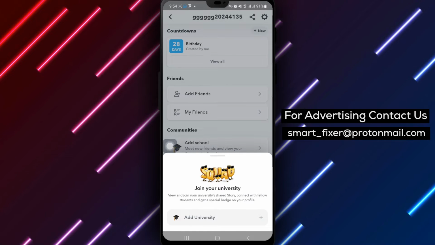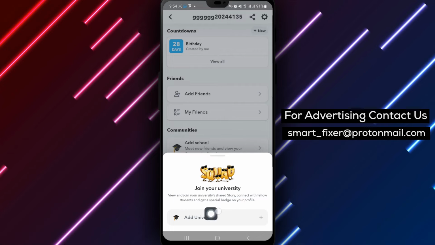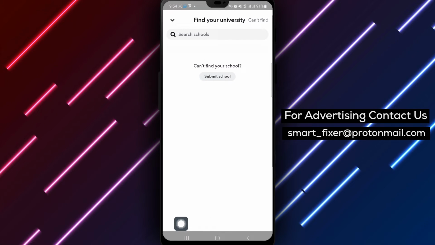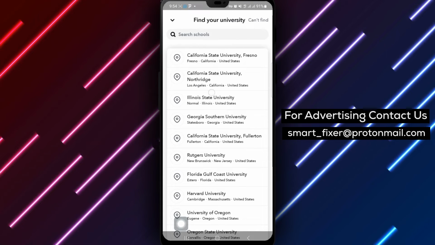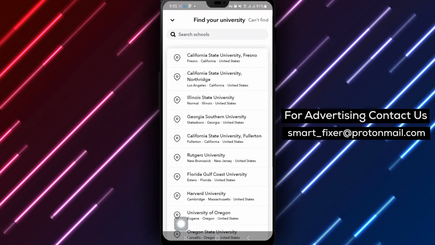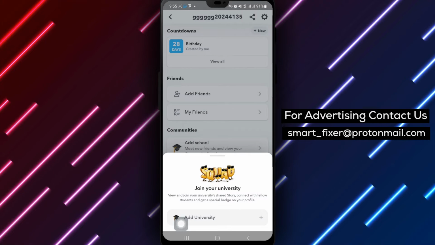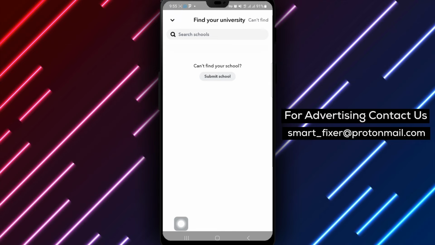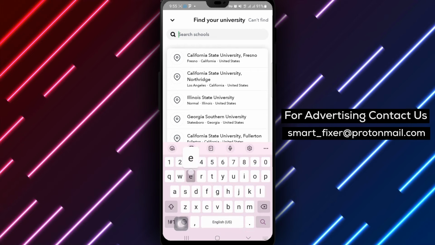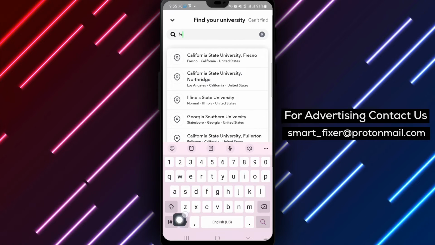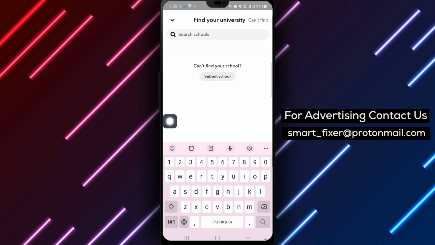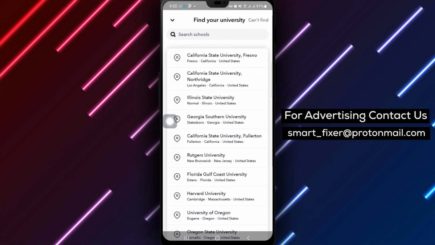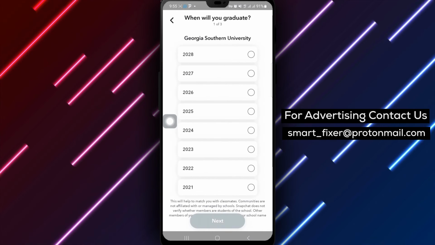Enter the name of your high school and be sure to include your graduation date for a personalized touch. This information helps customize your Snapchat experience within the high school community. After filling in the required details, tap on Next to move forward, and then finalize the process by tapping on Done. By following these simple steps, you can effortlessly add your high school to your Snapchat profile, enabling you to